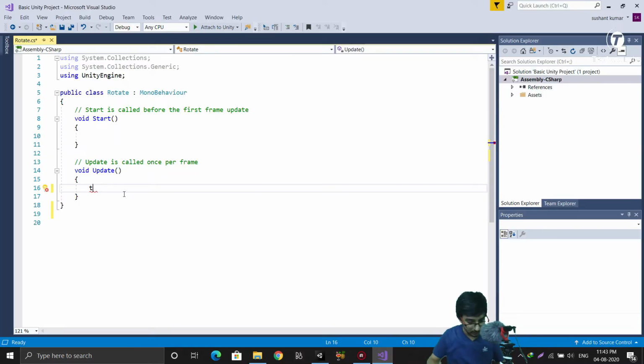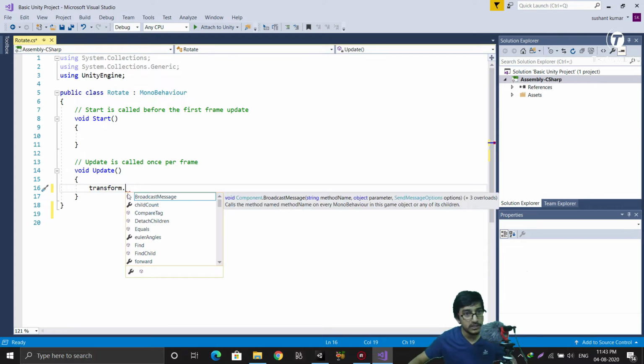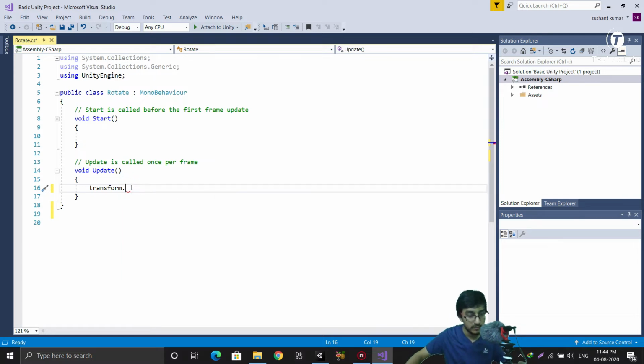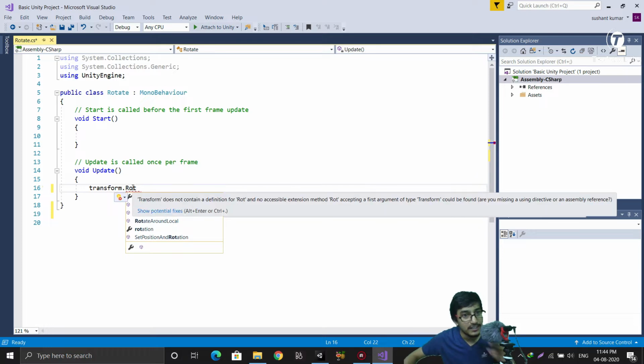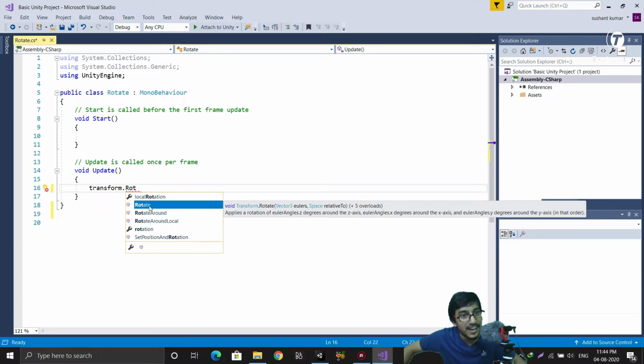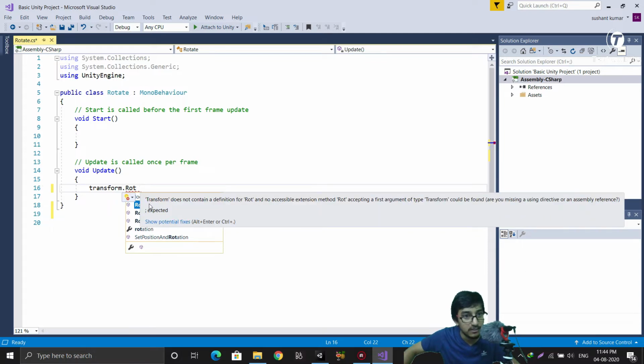So I will type transform inside this update function and transform dot. Here you can see when I have typed transform dot, you can see all the possible options that will work. So I will just go with rotate because I want to rotate. Here you can see in rotate also I have got multiple options: local rotation, rotate, rotate around, and many things. I will go with rotate.